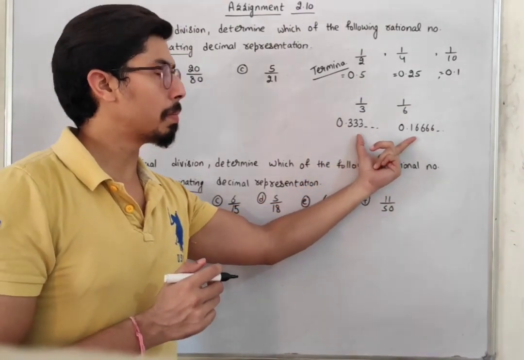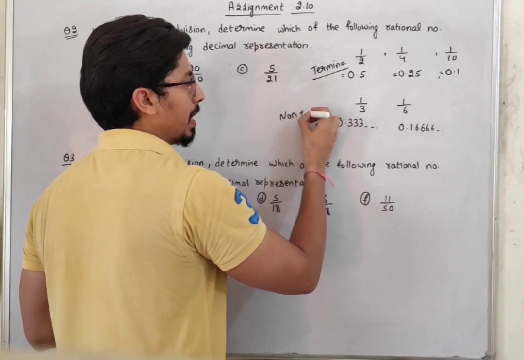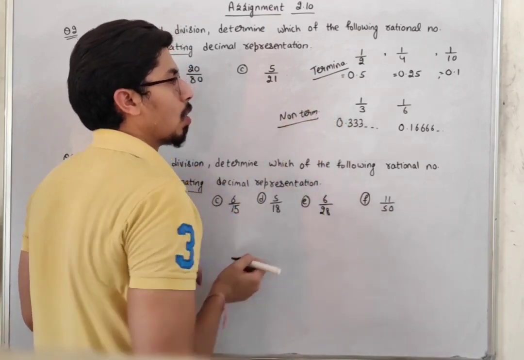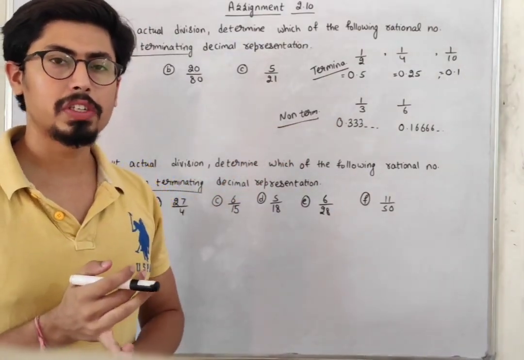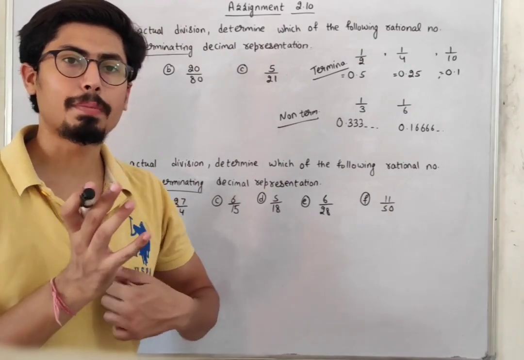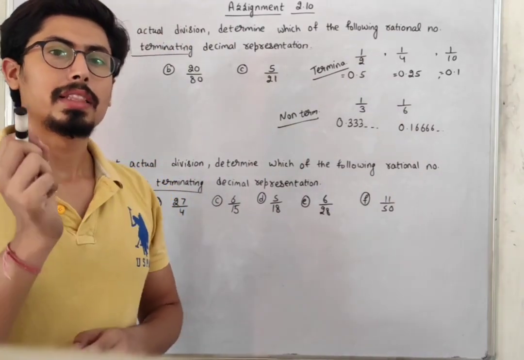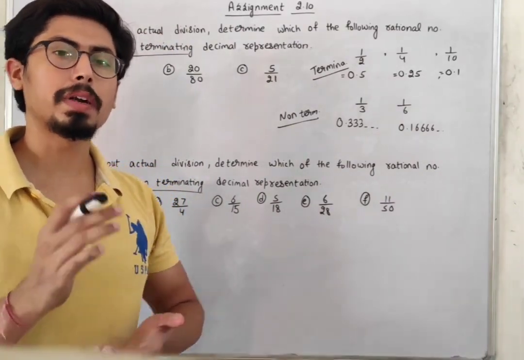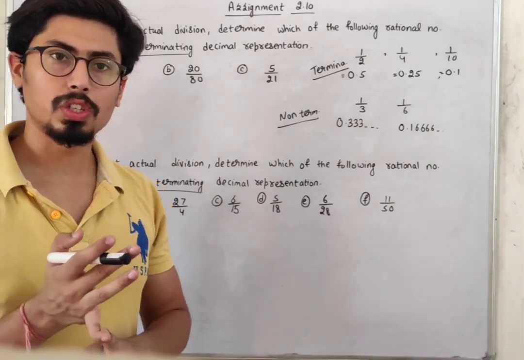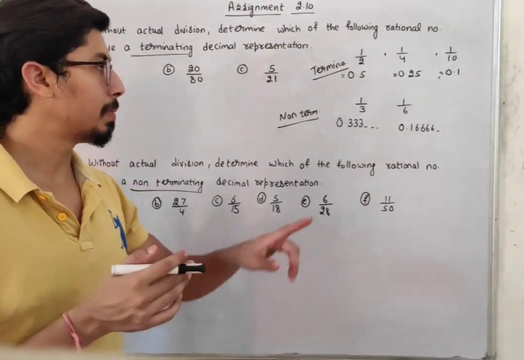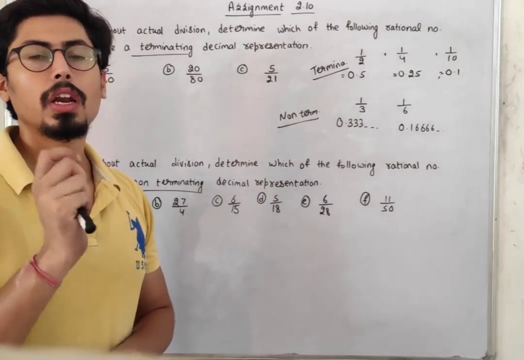So that means these numbers are called non-terminating numbers. Okay students, so if after division the remainder is 0, that means after a certain point of time we get the exact values of our fraction. That means they are called the terminating numbers. But if after dividing the remainder is not 0 and the number keeps on going, that means 0.33, 0.166 and so on, these types of numbers are called non-terminating numbers.